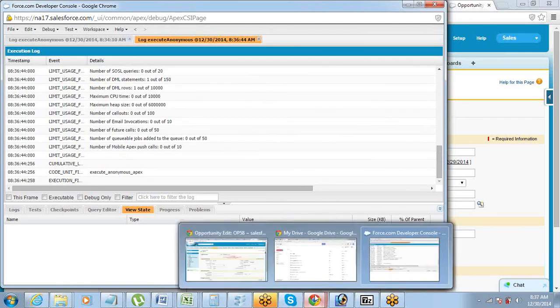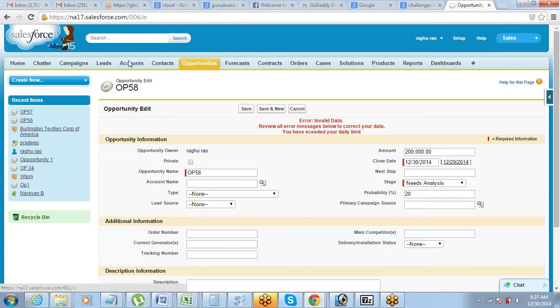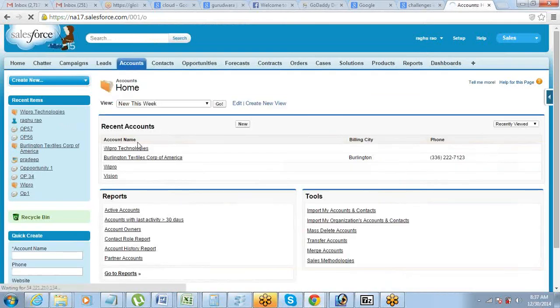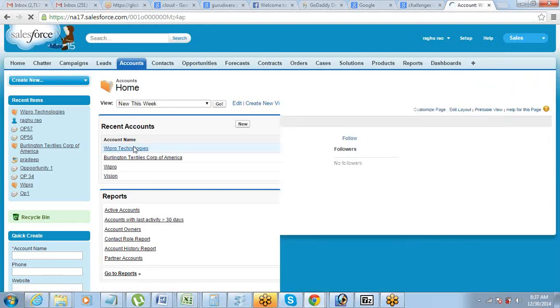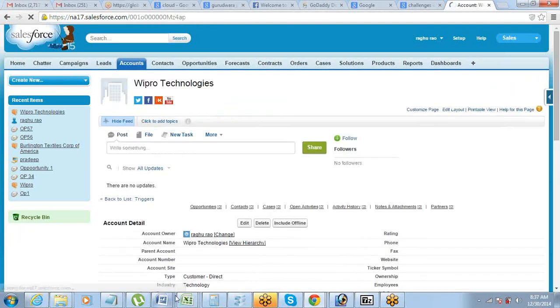Now if I go and search for accounts, I should find that Wipro Technologies is created. See, this got created. Customer direct, technology. So I could do this using the code.